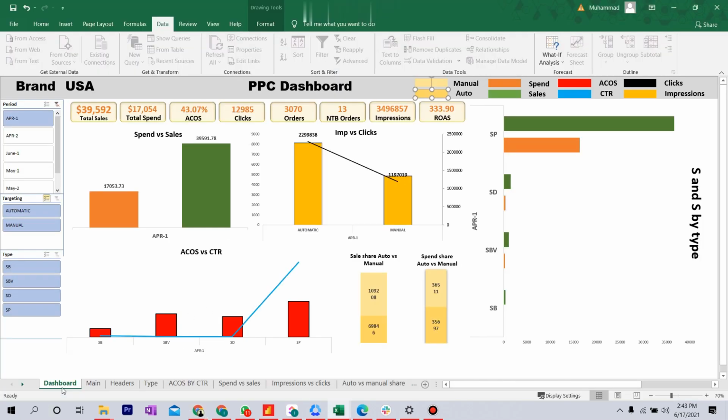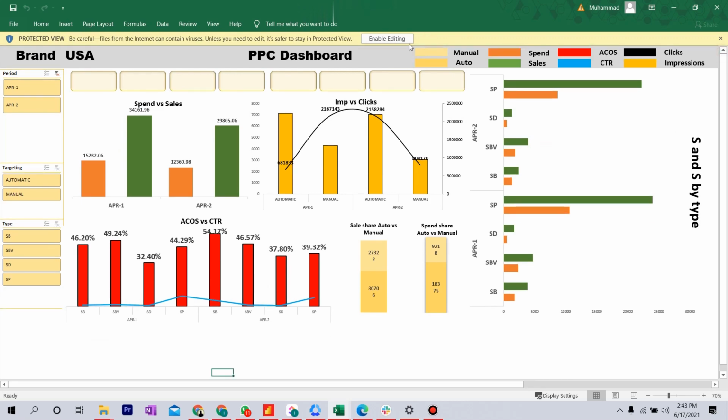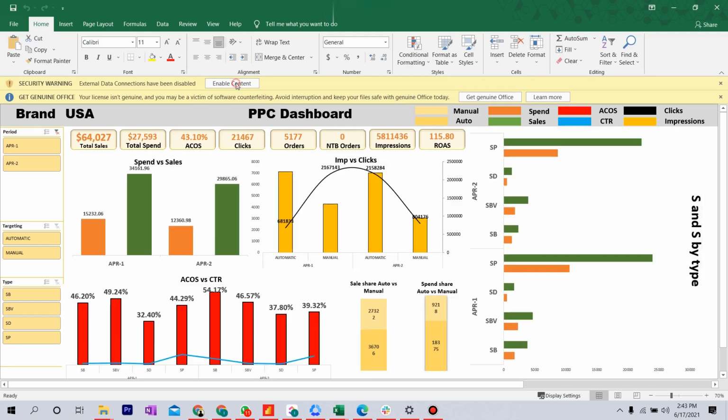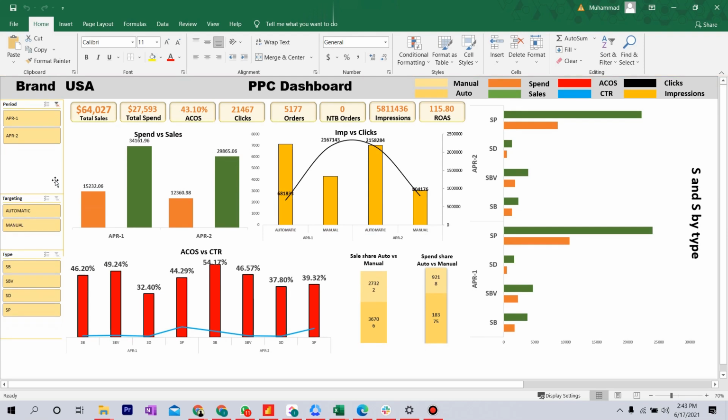So once it's downloaded, you have to open it, and definitely at the back end it is connected with some dummy data. It will tell you to enable editing. It will also tell you to enable content. You have to enable the content here for Power Query to work. And here you go. This one is totally built on dummy data. Now how to